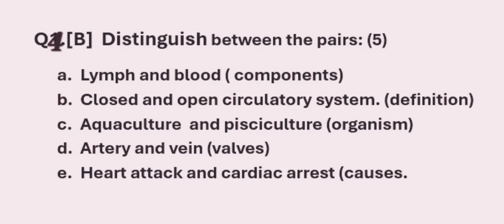For these distinctions between the pairs, you got to make a tabulated form, and the emphasis is to be laid on the point which is given in the brackets against each of them. Like for lymph and blood, you got to differentiate based on its components. So in lymph, you have definitely plasma with the WBC, whereas for the blood, it is with RBC, WBC and